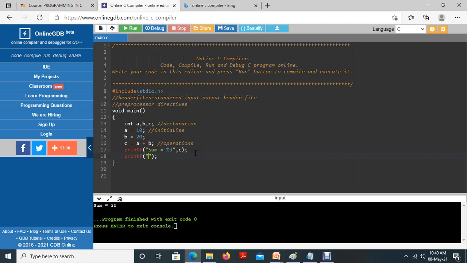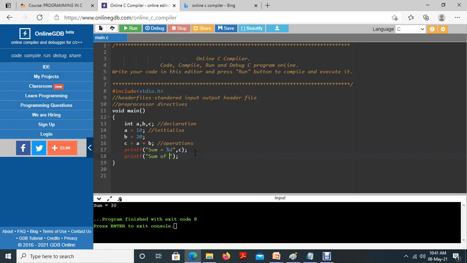Next I would like to print that the sum of 10 and 20 equal to 30. That is the explanation I am expecting to print on the output screen. Then I will mention it like this: sum of a and b, and these a and b are integer variables. A contains the value 10 and b contains the value 20.